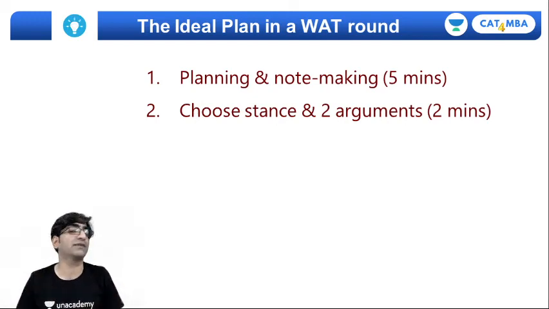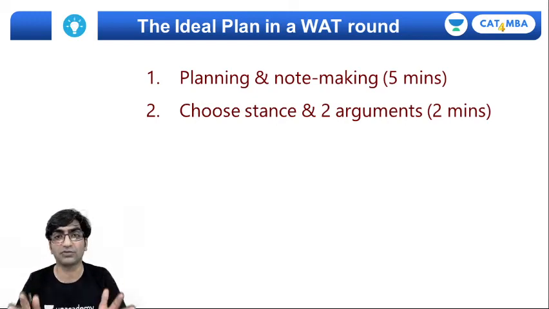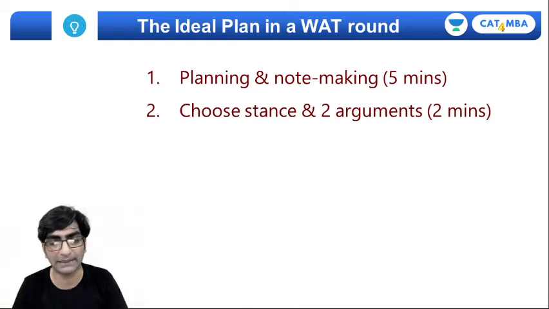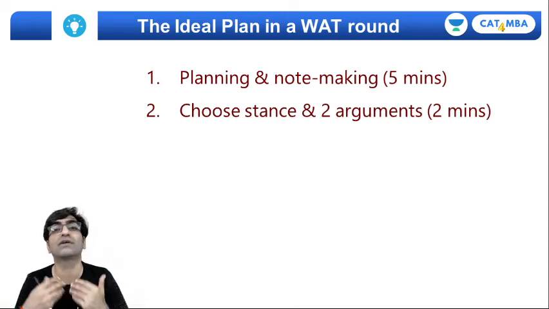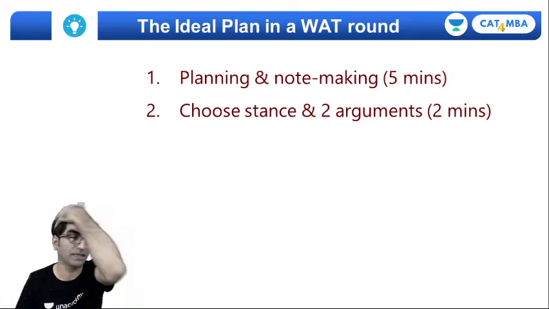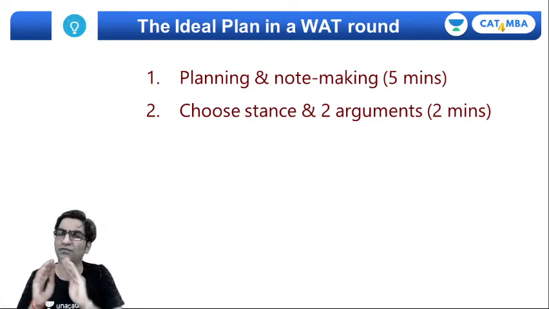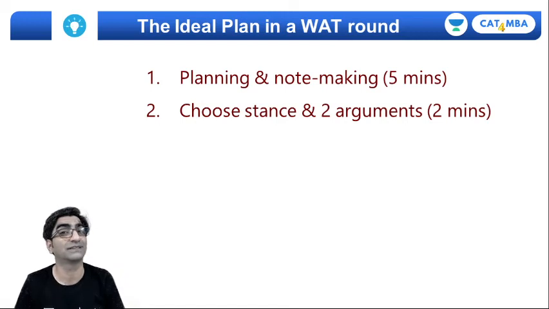And why I say 2 arguments is that I would any day prefer that you write 2 arguments in detail, right? The more detailed the arguments, the more convincing and impactful they're going to be, right? So for that reason, focus on fewer arguments, make that logical choice. What am I more confident about? Which arguments can I expand nicely? Make that choice and then start writing, right?